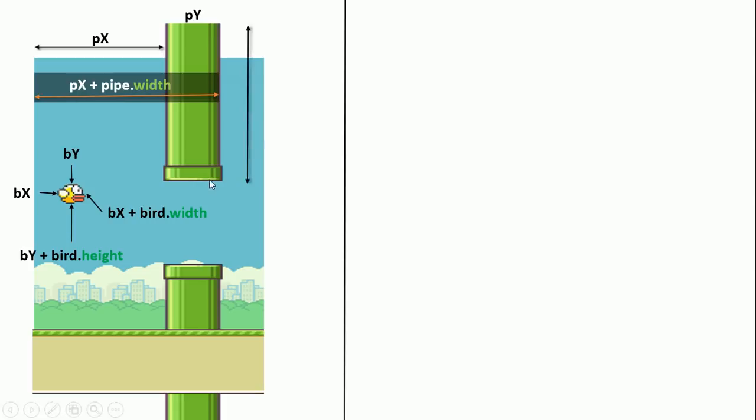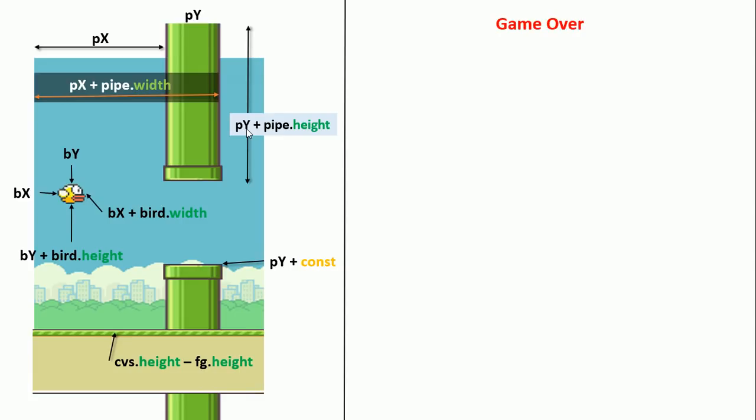Now this place is the pipe y position plus its height. And here is the pipe y position plus the constant, and here is the canvas.height minus the foreground.height. Now it's a game over if